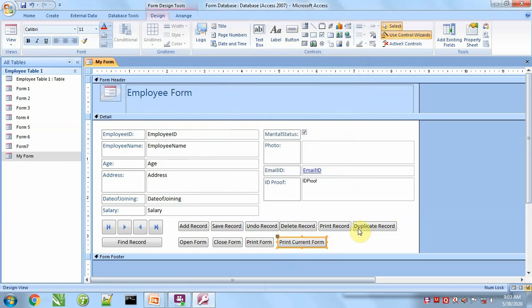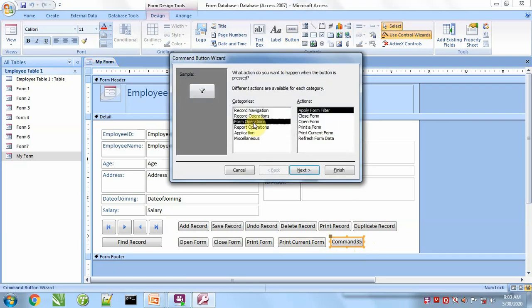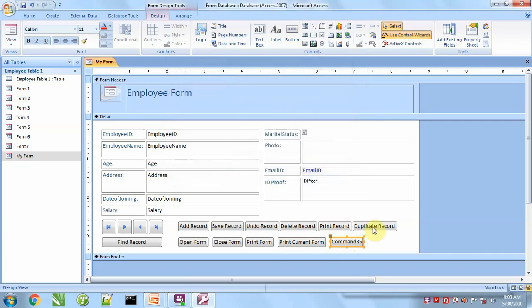It will print the current form record. We will see these practically.